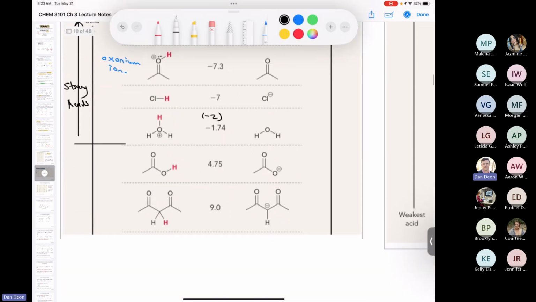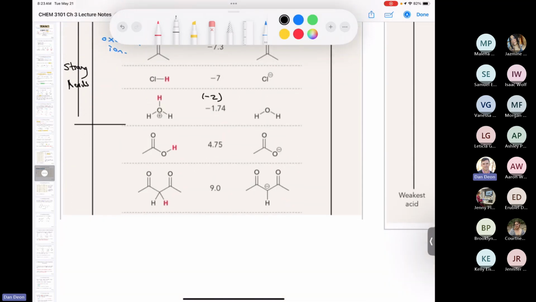Now we get up into carboxylic acid. Okay, a carboxylic acid, this is acetic acid here, but either way, this is a carboxylic acid. I mean, it says 4.75, as long as you know 5, approximately, okay? That's good enough. The next one is, this is called a